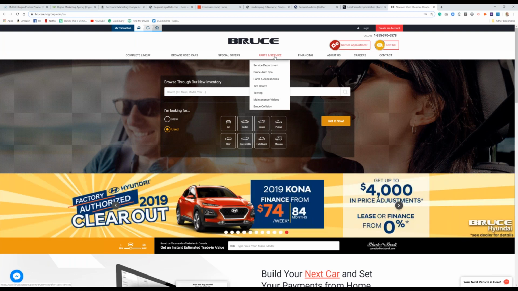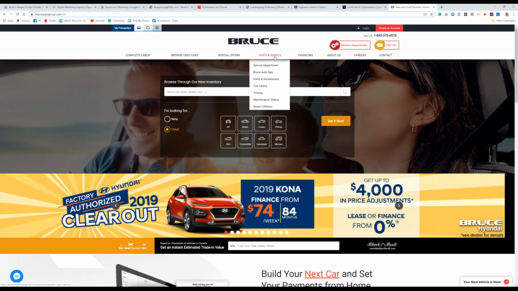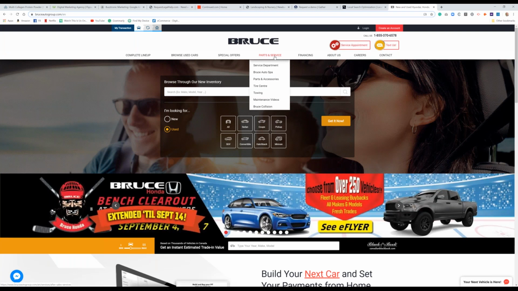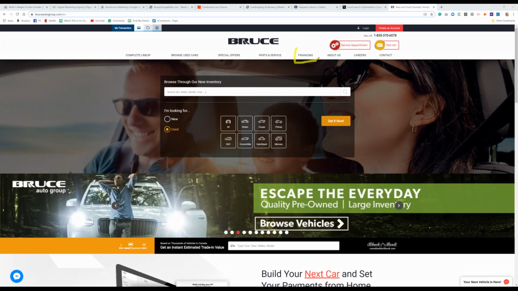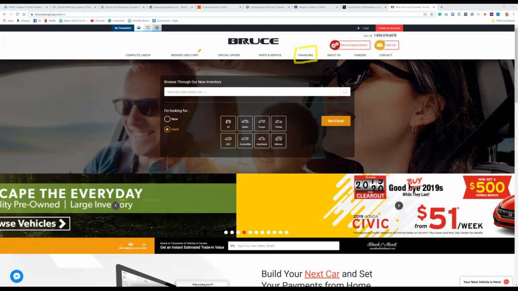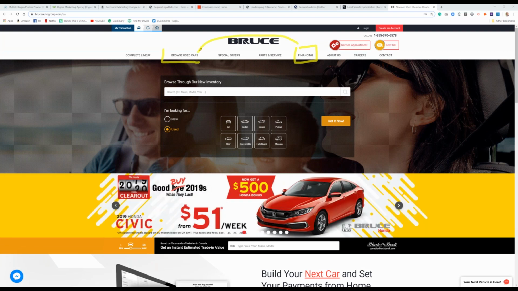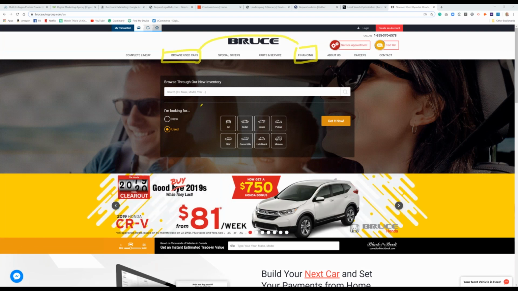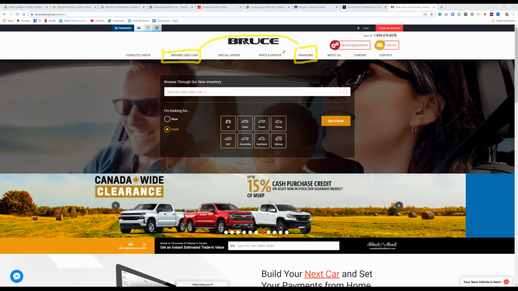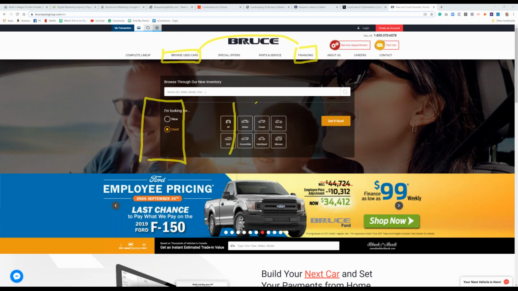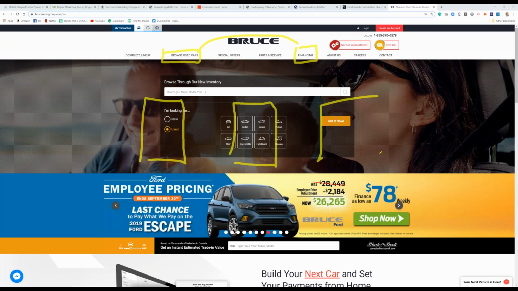Okay, it's going to be one of those three, because financing, for example, falls into buying. So that would be instead of on the nav bar, it didn't just come there for financing. Financing is tied to a used car purchase or a new car purchase, for example. So you don't have to have that in the top nav. So new, used, or parts and service. That would be repeated in my page itself as three clickable areas that are clear.